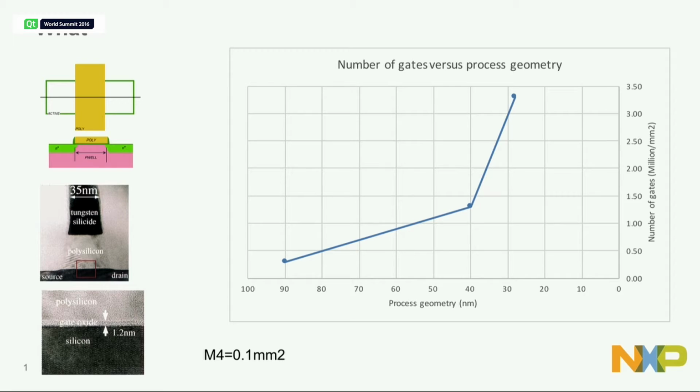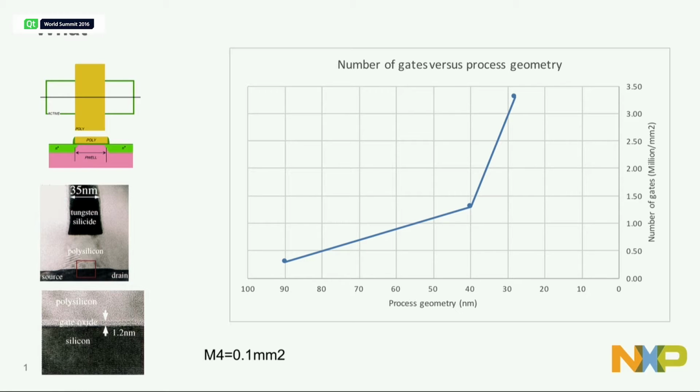So anyway, that thing on the top is a transistor, right? Drain. The gate's the middle part, the middle bit, and that's what turns the thing on and off. And you guys deal with ones and zeros only, so that's a good thing, I guess. And then the bottom one, or the middle one, shows an actual picture of a transistor. This is on one of our 40 nanometer devices. So you see that thing says 35 nanometers. Really, it's kind of 40. It's hard to measure that, but that means that's the